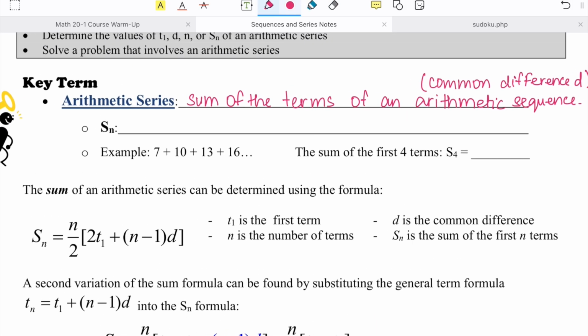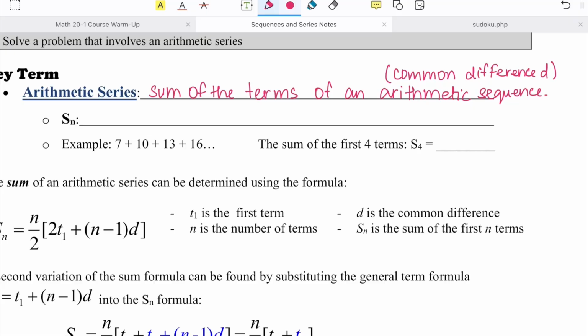The way we write the sum of this arithmetic sequence is by Sn. This is the symbol we use to denote it. So the sum of the nth number of terms in an arithmetic series